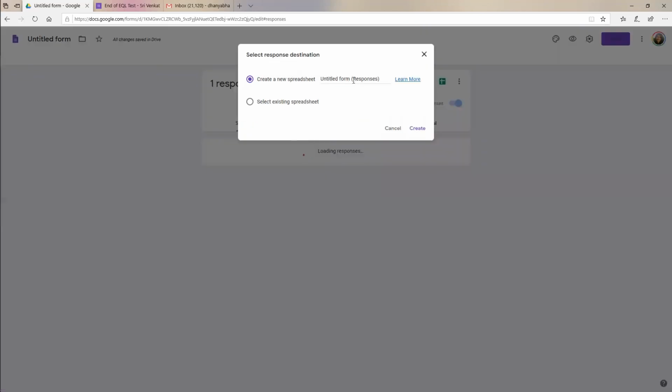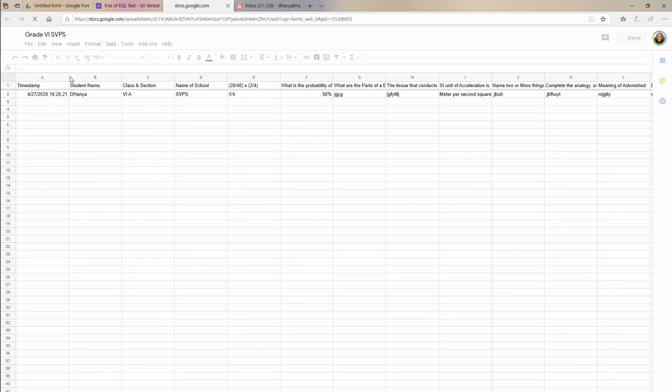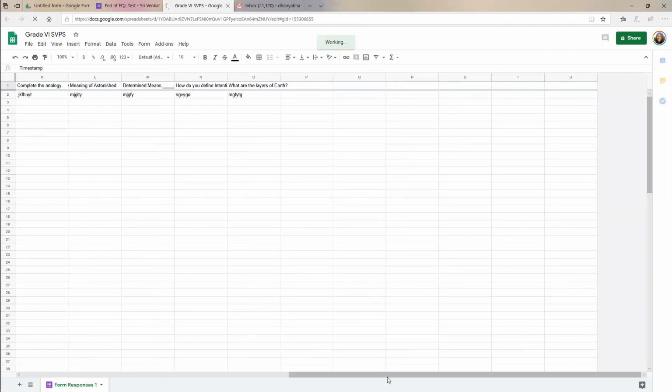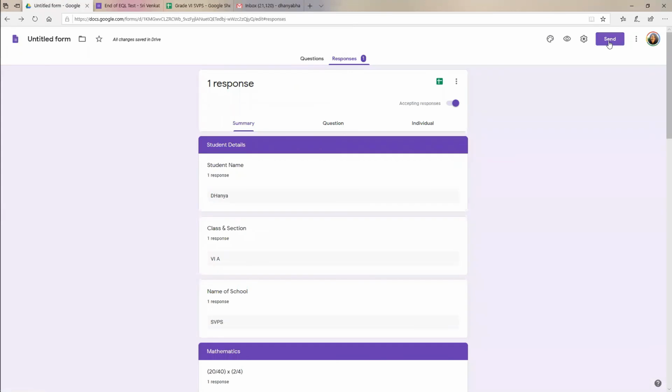So click, name it. So this is for grade 6. And this will be SVPS, for example. So there you will be able to see the spreadsheet. On the next tab right here, the details with all the answers are recorded. That is about it. So I come back to Google Form and I have to send this link to children,